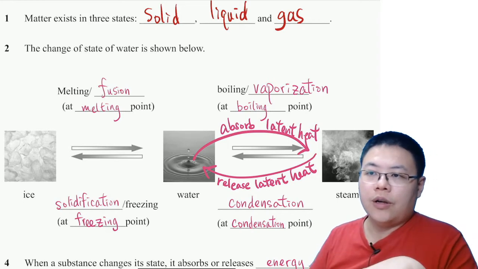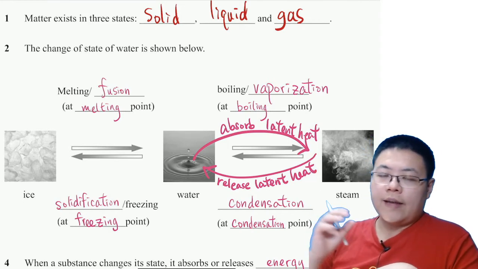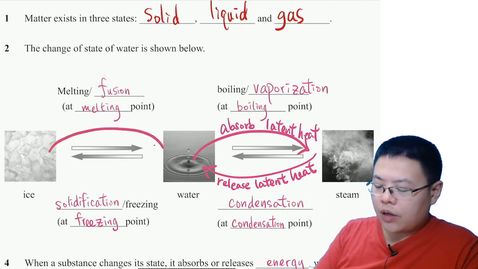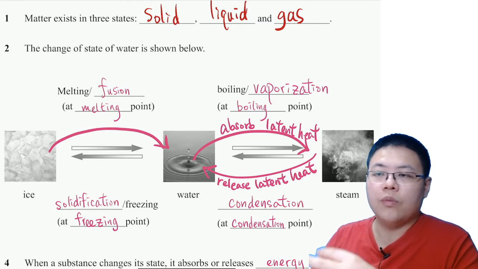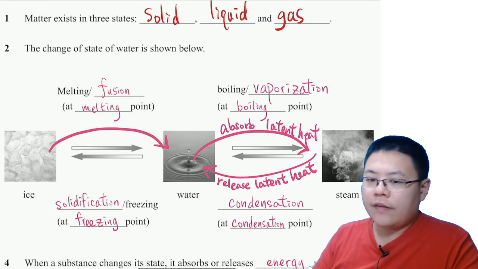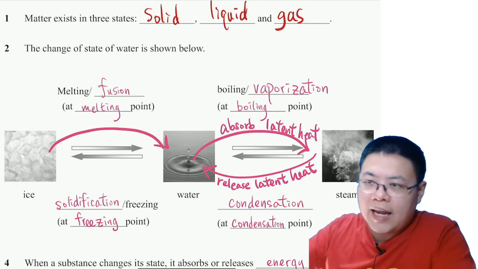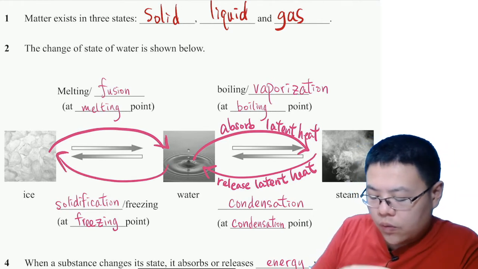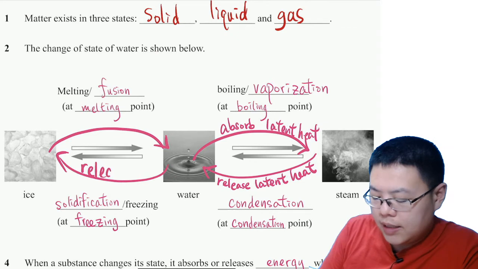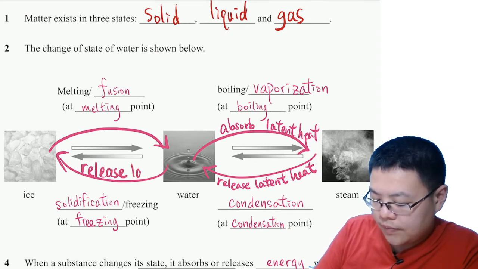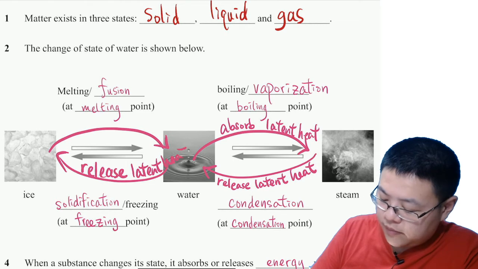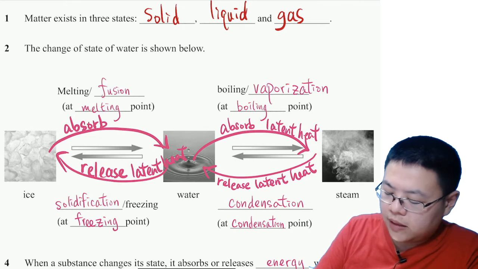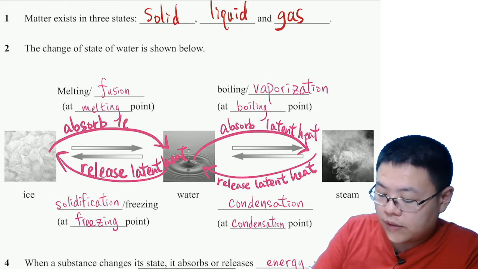So in this picture, you would know the right hand side is having a higher energy level. In the same manner, ice absorbs energy from the environment to melt. And we have to use a refrigerator to deliberately take away the energy so that the water can become ice again. So when water becomes ice, it has to release some of its energy. And when ice becomes water, it absorbs latent heat.